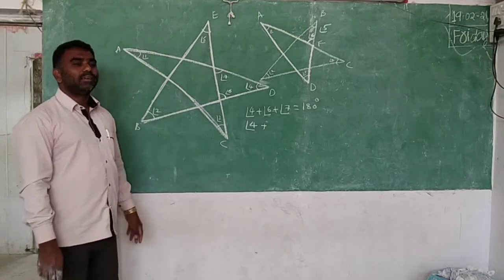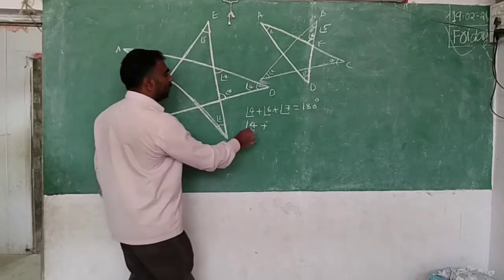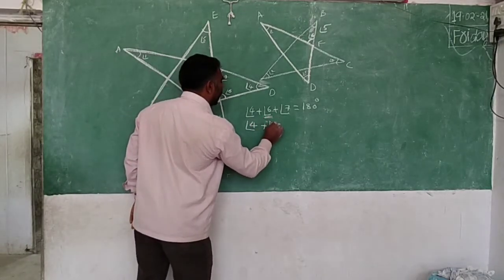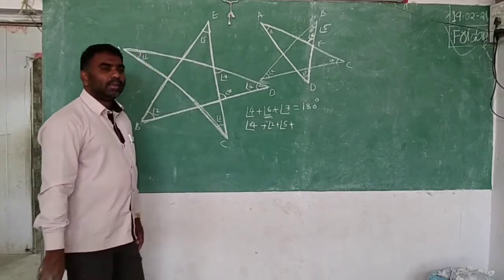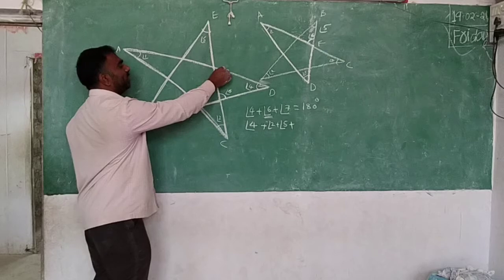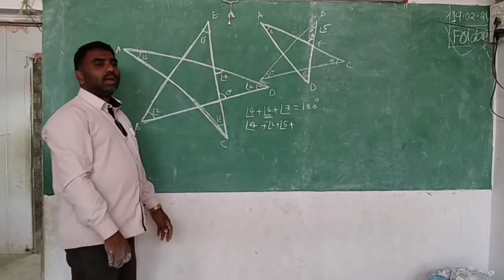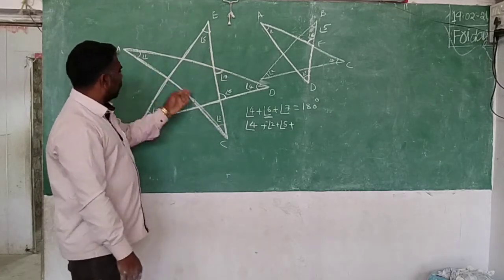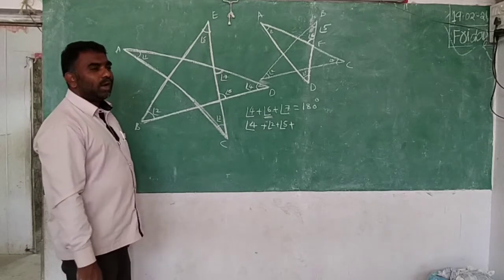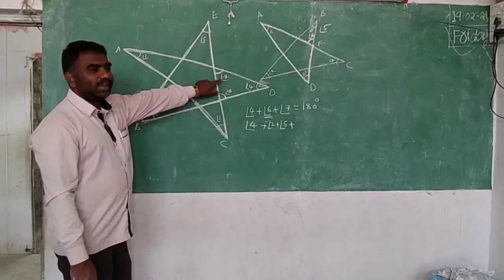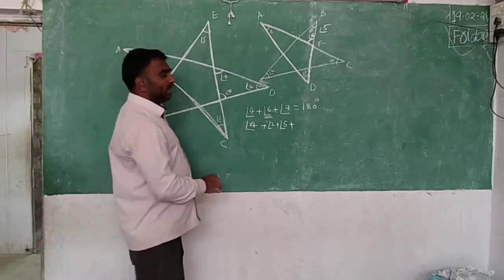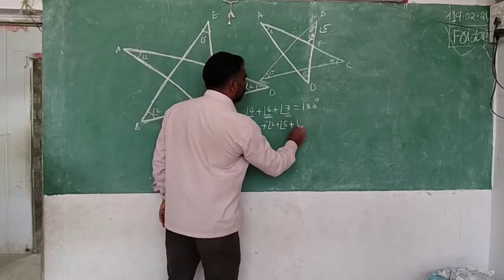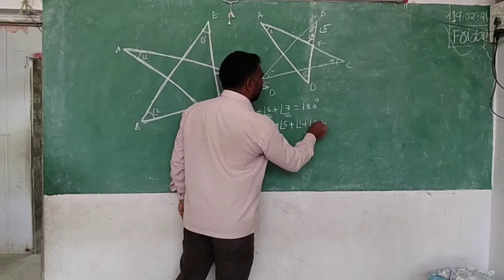Do you accept it? So instead of 6, what am I going to write? Angle 2 plus angle 5. Can I write like this? And angle 7 is also an exterior angle of this triangle. Then how do I find angle 7? By adding two interior angles, angle 1 plus angle 3. Instead of angle 7, I can write angle 1 plus angle 3.